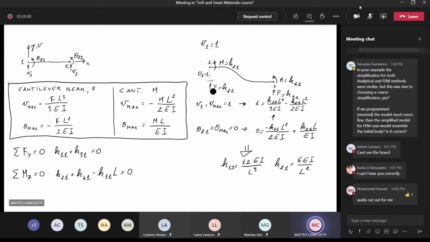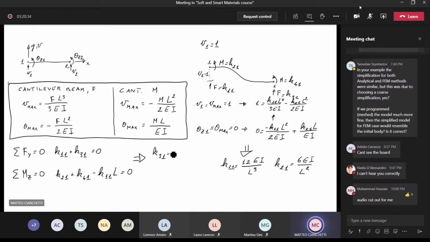So it's K11 multiplied by the length of the beam. If you again take advantage of the knowledge of K11 and K21 that have already been calculated, you have other 2 equations and only 2 unknowns. I will skip all the mathematical details, you can derive the definition of